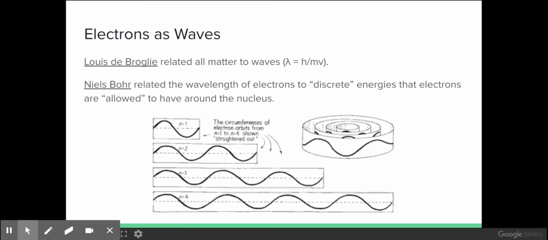Our discussion of light as both a particle and a wave ends with electrons, because now we're only concerned about how light is interacting with matter. Specifically, how is that light interacting with electrons? Electrons began to be treated like waves as soon as we realized, according to Louis de Broglie, that everything that